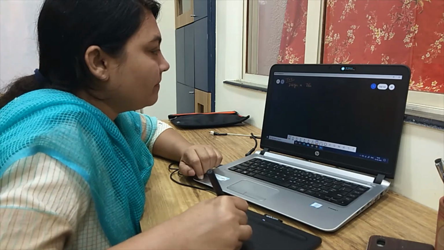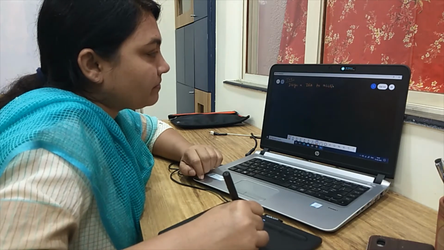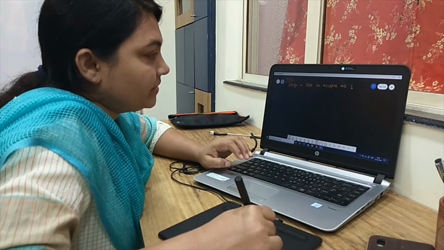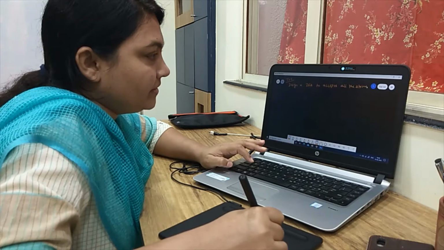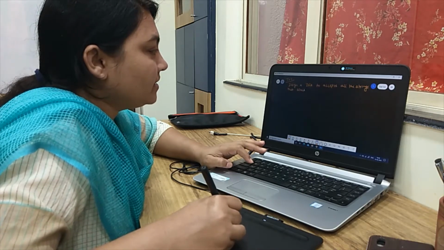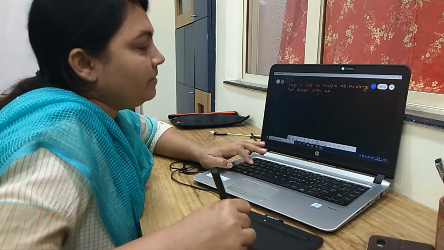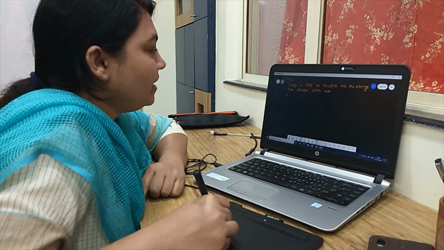Now let me solve one of the problems of TOC, which is to design a DFA to accept all the strings that start with A, B. So the very first step is we